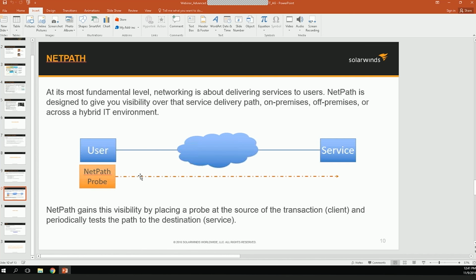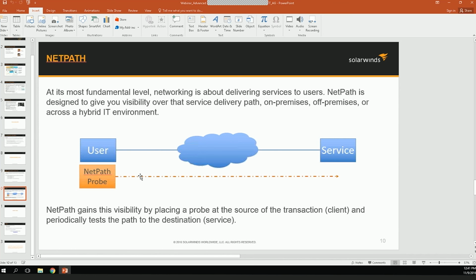And NetPath is really designed to give you visibility across that service delivery from your user base, even when it's server users, like a web server as a user of a SQL server, and do that locally, remotely, internet,